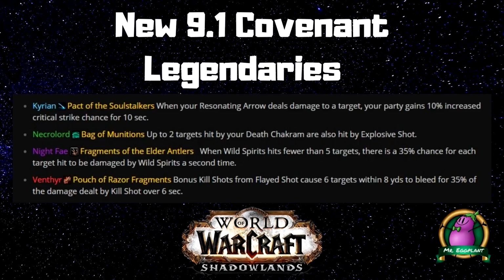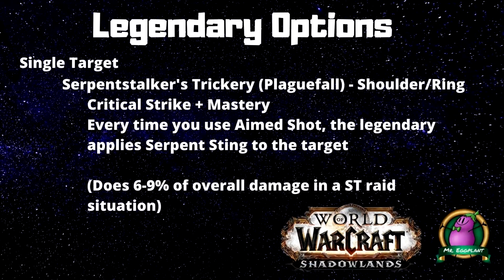Serpent Stalker's drops off of the third boss in Plaguefall, and it's really good for single target situations. You want to make sure and put it on your ring, that way you get all those secondary stats, and you want to put crit and mastery on it. Basically what it does is every time you cast your Aimed Shot, it applies Serpent Sting to your target, and you don't have to run with the talent for Serpent Sting. It will do roughly 7 to 9% of your damage overall, which is pretty nice. As long as you keep it up on the target constantly, it does some pretty good damage,